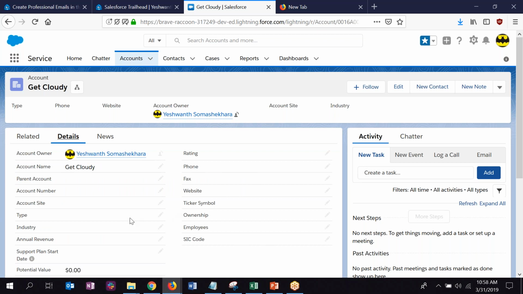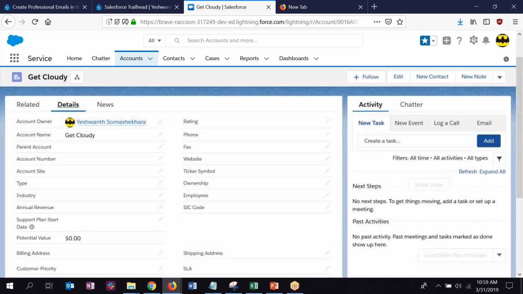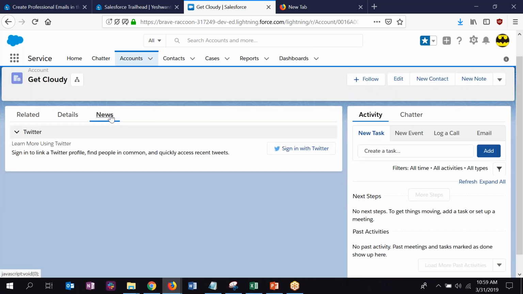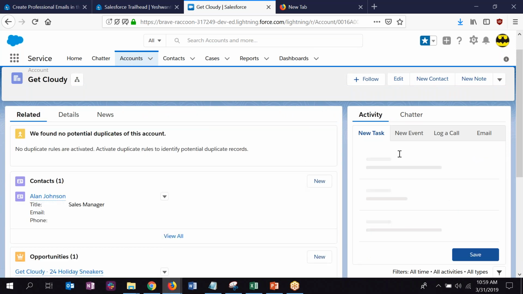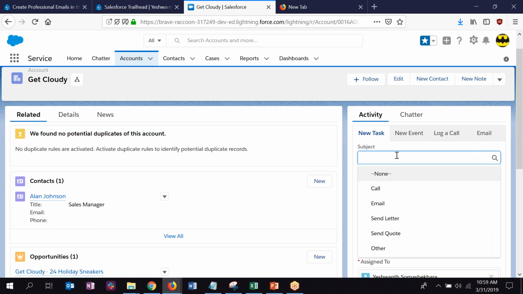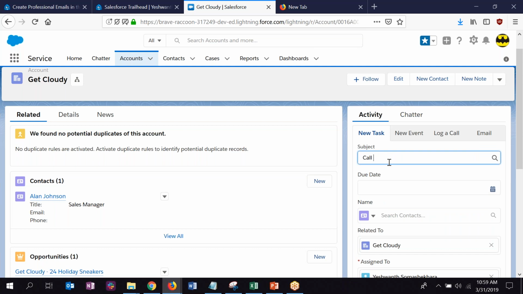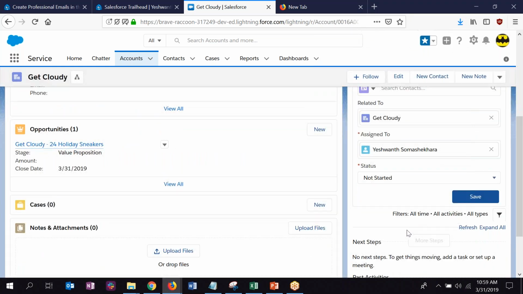Depending on what the object is, basically what this tab is, the details will change. Then you can even have news. One of the main advantages of CRM is that because you're interacting with customers, you can create your own tasks, or you can even tag people, call. You can create your own tags, and if it's integrated with your Outlook, it comes over there. You can do any activity you want to do here.